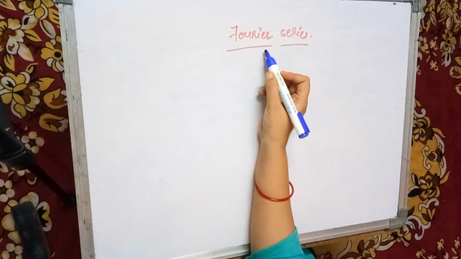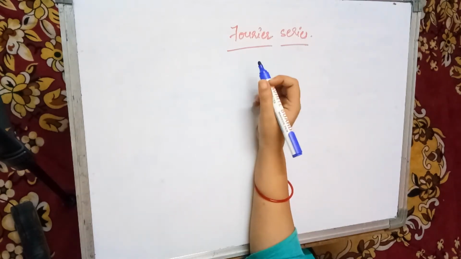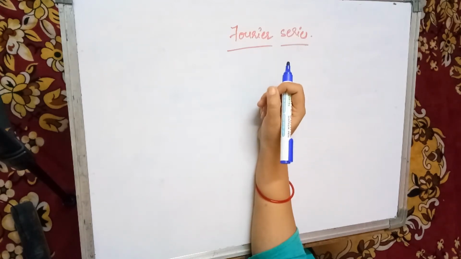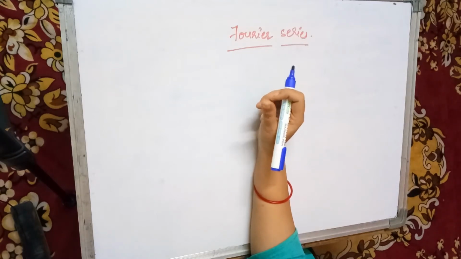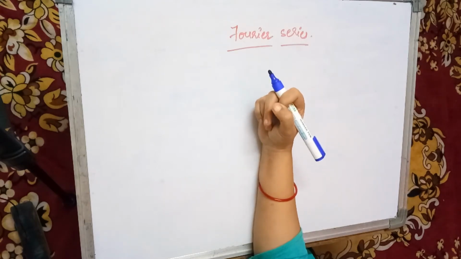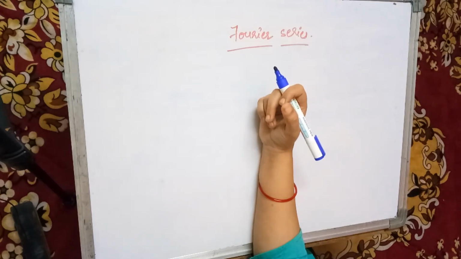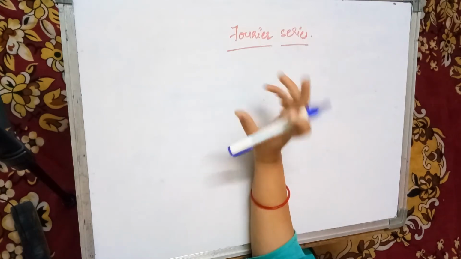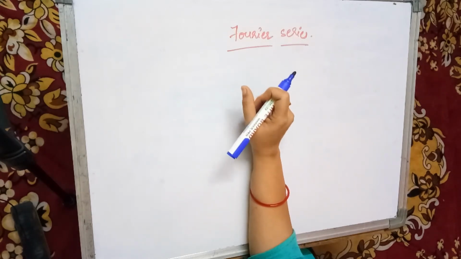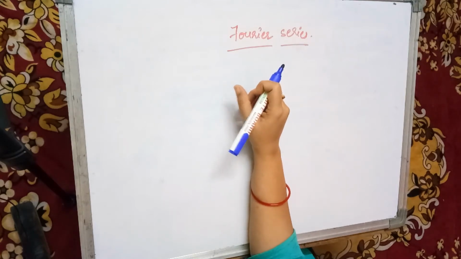First we'll see what is Fourier series. Fourier series is an infinite series representation of a periodic function in terms of sines and cosines of an angle and its multiples. Fourier series is possible for continuous functions, periodic functions and functions discontinuous in their values and derivatives. And moreover, Fourier series is very useful to solve ordinary and partial differential equations.